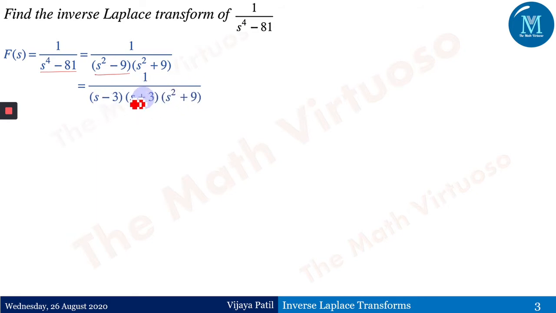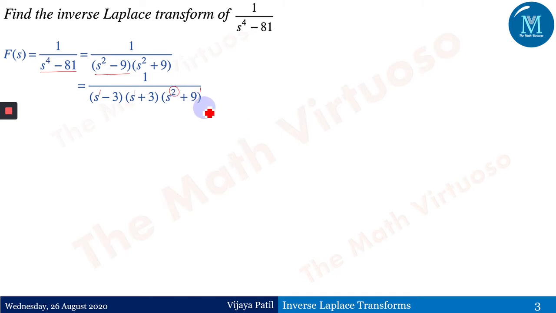Now out of these factors, this is s to the power 1 minus 3, s to the power 1 plus 3. That means these two factors are linear factors. Whereas we have here s square plus 9, and this is known as a quadratic factor. And if you observe, there is no power over here. If we have s square plus 9 the whole square or whole cube, then we can say that they are repeating factors. Quadratic, but repeating factors. Here it is just to the power 1, therefore it comes under the category of quadratic factors with non-repeated factors.